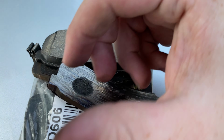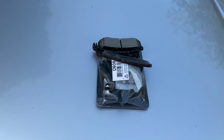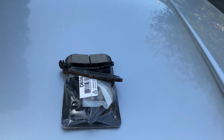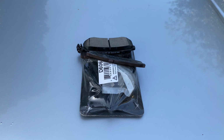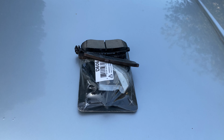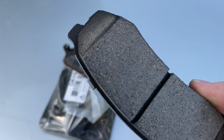Hopefully these are a little more sturdy, but I am still gonna have to go in there and either replace the rotor or get it turned by a shop, because it was pretty gouged. I still got a little bit of noise because of that, but hopefully if I replace that, no more issues. But I'll have to update you down the line on that. But yeah, these are carbon ceramic, so they should be a little bit better. They don't look exactly carbon ceramic,